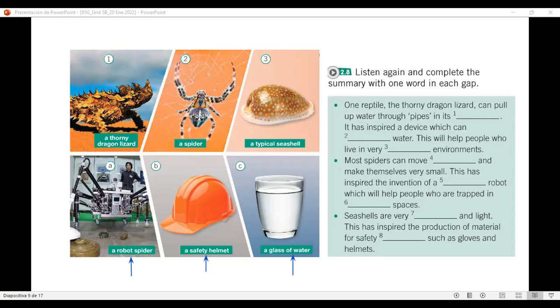You see, what I'm really interested in is what this little creature can teach us about collecting water. Okay. So, as I said, this lizard lives in the desert in Australia, and as you know, it's an incredibly dry place. But this lizard manages to live there very successfully, and we've discovered one of the reasons for this.